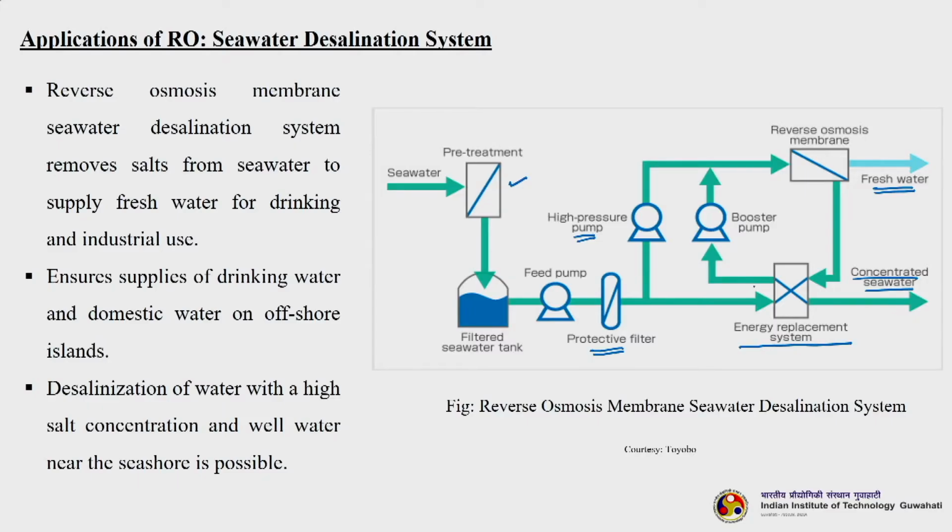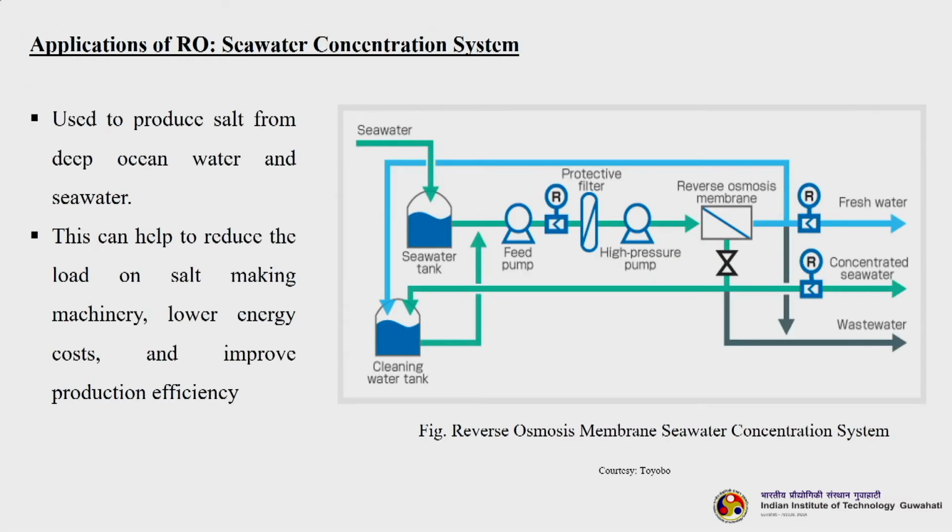Right. So, part of that can again be recycled back to the RO system, because kindly note that this is a continuous system. So, you have to maintain the amount of the feed you are feeding, and the concentration. If you maintain that also, then you can run the system for more time, okay, and you finally get your concentrated seawater here, which can be rejected. The next application is actually again taken from Toibo.